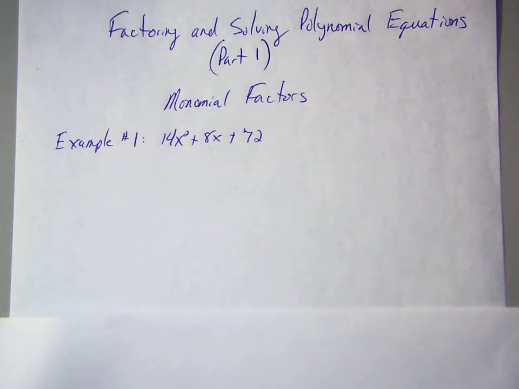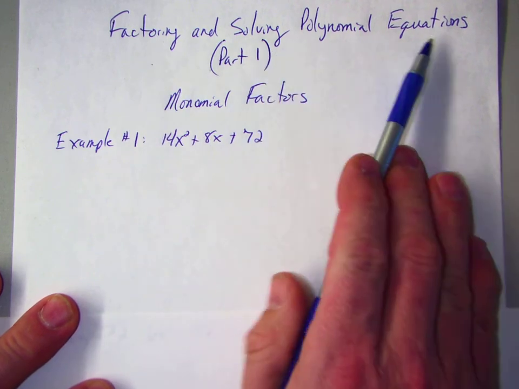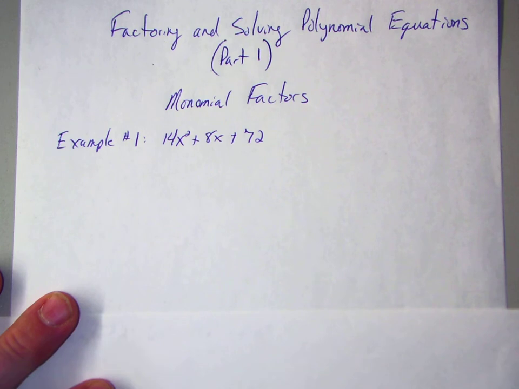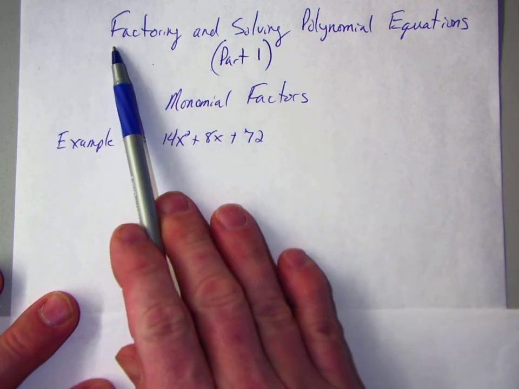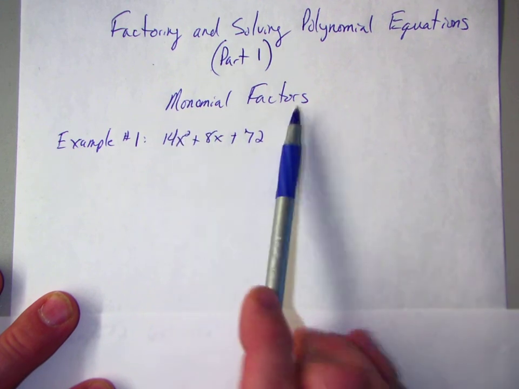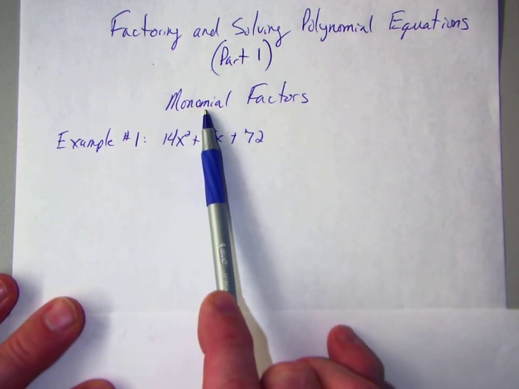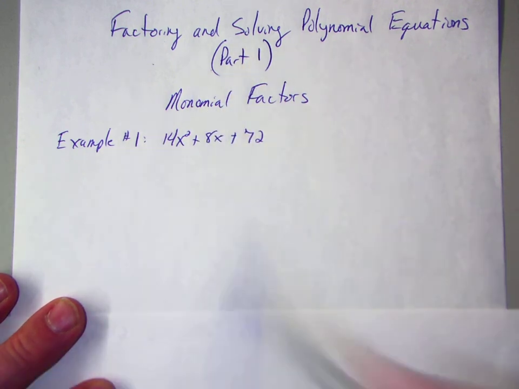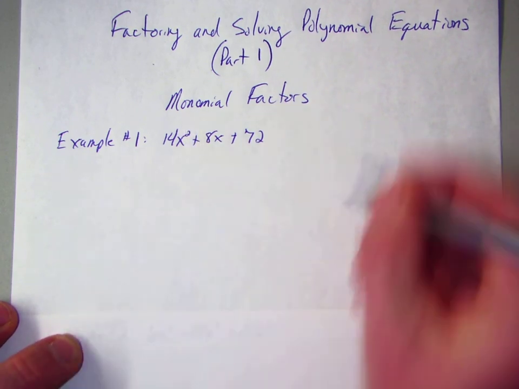All right, in this lesson, we're going to be factoring and solving polynomial equations. This is part one. What we're going to look at is we're just going to be factoring monomial factors. All right, monomial means one term, and we're going to factor out. We will not be solving as of right yet. Now, when we are factoring